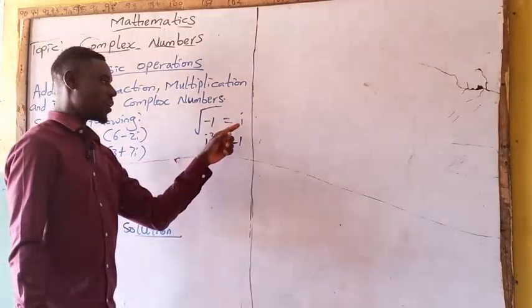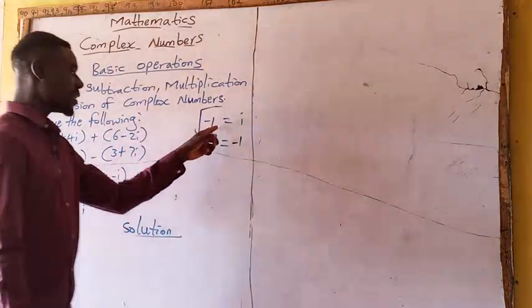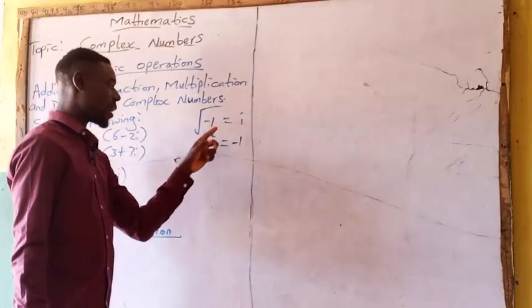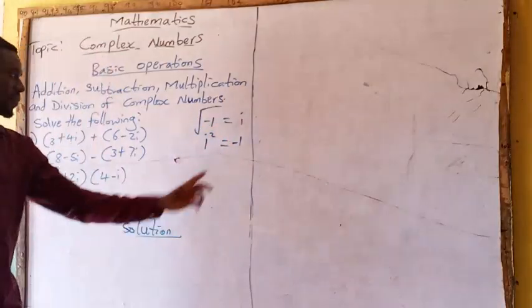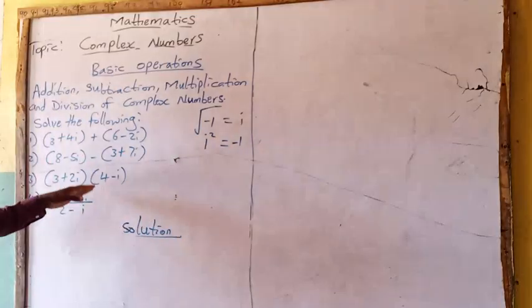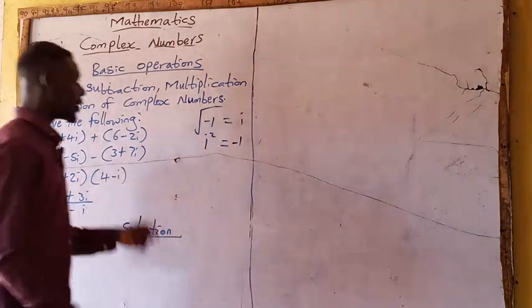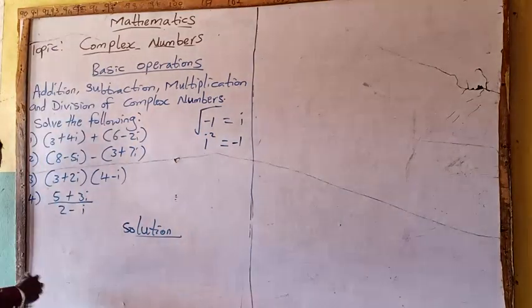Note this: when you have i in any of these expressions, it means root -1. And when we have i raised to the power of 2, it means -1. We are going to use this to solve the multiplication and the division. So let's get started. Now, number one, you have